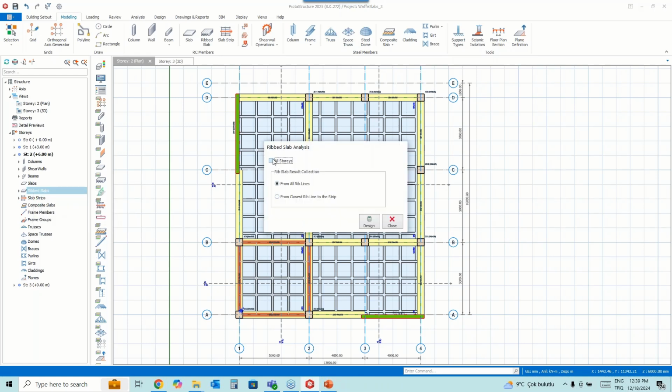In here, the software will collect the results from all rib lines or from the closest rib to the strip. Generally we don't know the most critical rib, so that's why I'm generally selecting the first option. I'm collecting the results from all ribs and using the most critical one.